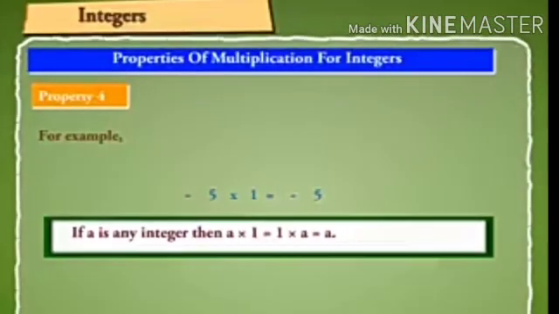Here the next property is multiplicative identity. So let us examine the product of two integers, one of which is 1. For example, if you multiply any number by 1, we will get the same number itself, right children? So minus 5 is an integer. If you multiply by 1, we will get the same integer as minus 5. How do we get minus 5 there? 5 into 1, 5, minus into plus, which is equal to minus. Therefore, minus 5 is an integer. Hence, if a is any integer, then a into 1 is equal to 1 into a is equal to a.